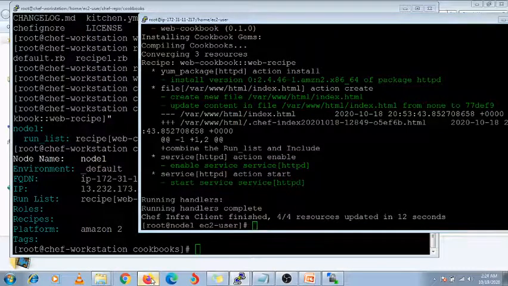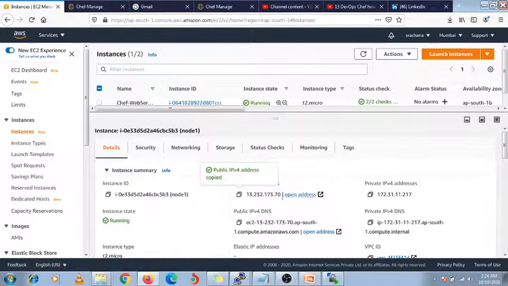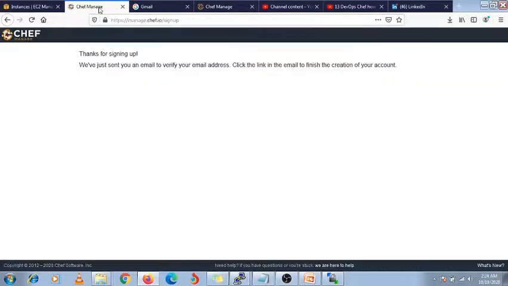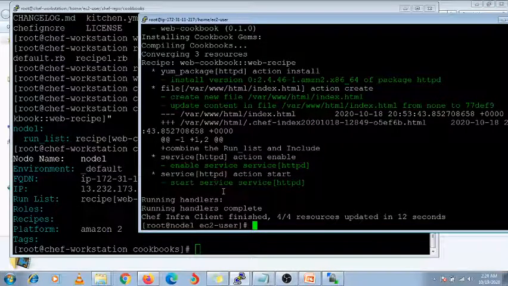Now you can check the public IP address of your node server and just paste it here and enter it. You can see, one moment. What contents are available?